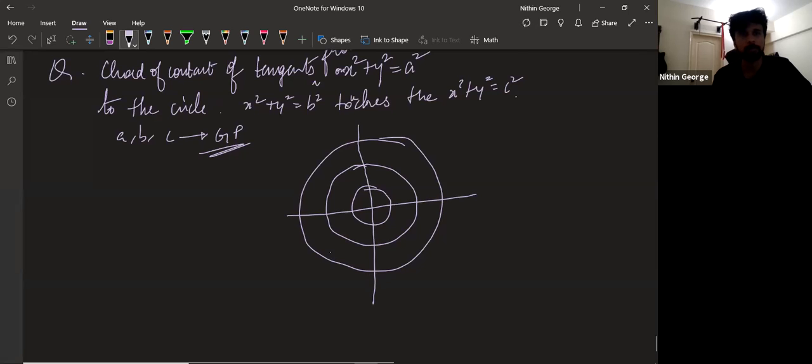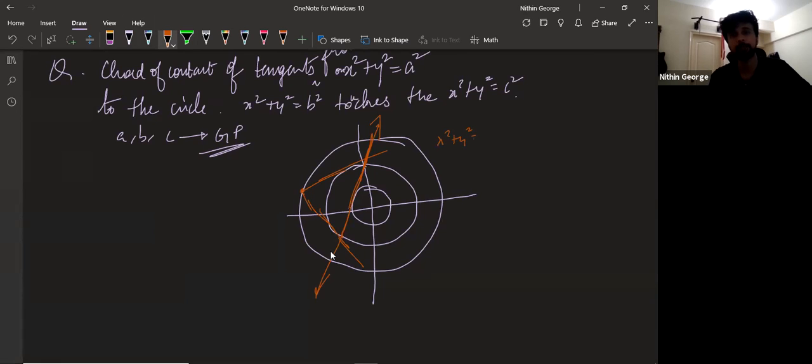They are telling us that from a point on the first circle, you draw two tangents. You'll get a chord of contact, right? Imagine the chord of contact is like this, because it is given that it touches the third circle. So this is the figure you get. You have to draw the figure, guys. Please be good at it.